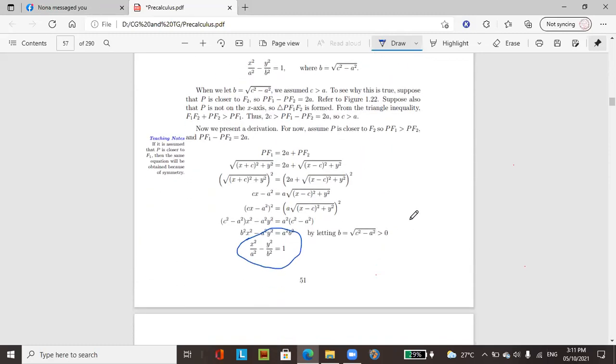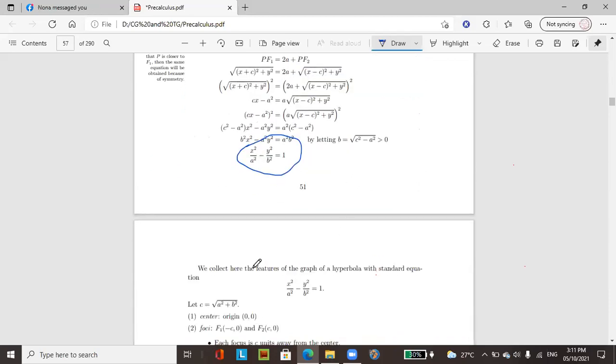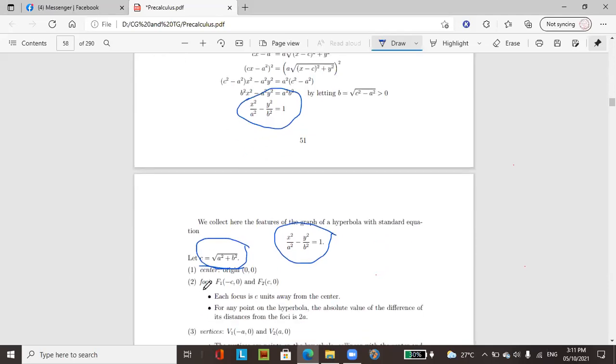So after deriving the equation of the hyperbola, what is it now, where c is equal to the square root of a squared plus b squared. It looks like the Pythagorean theorem. So this is now the hyperbola where the center is at the origin, the foci is at,